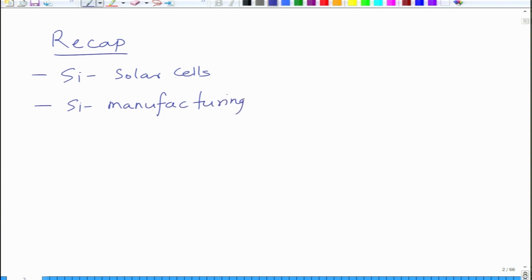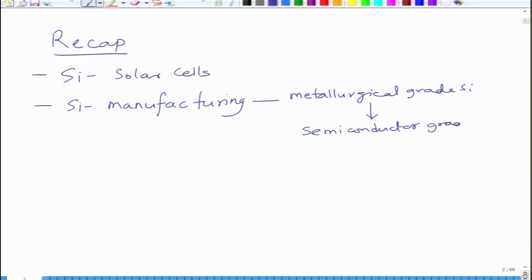So, silicon manufacturing is quite complex and a very energy intensive process, and that is what accounts for most of the cost of silicon. Although we have plenty of sand available, silicon has to be converted from silicon oxide in sand, which is a tedious process. First we get what we call metallurgical grade silicon, which is then converted to semiconductor grade silicon using the Siemens process, and then we have single crystal silicon.